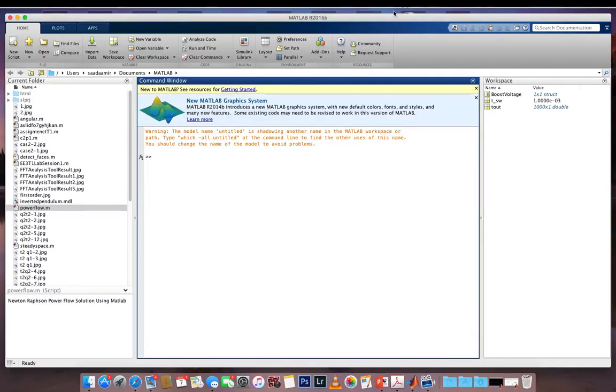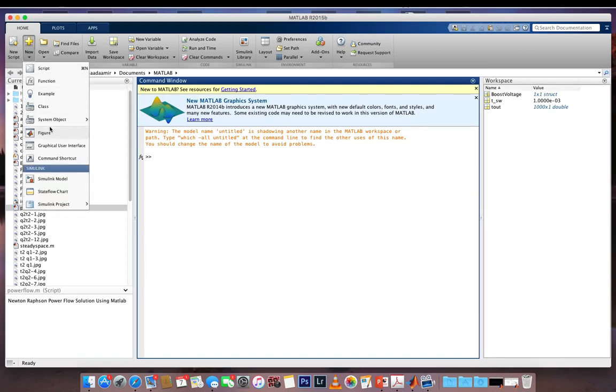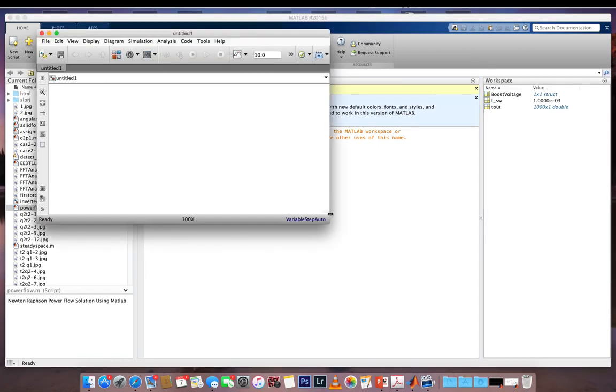Hi guys, I'm going to show you how to model a simple boost converter in MATLAB Simulink. A boost converter is a basic DC to DC step-up converter, which means that your output voltage is greater than your input voltage. So the first thing you want to do is open up MATLAB, go to new Simulink model,